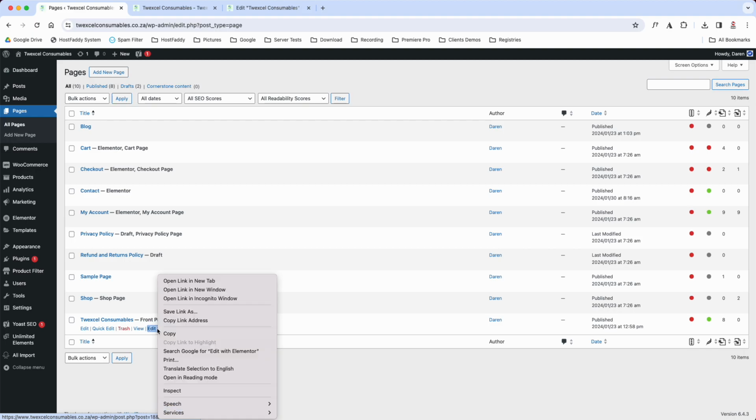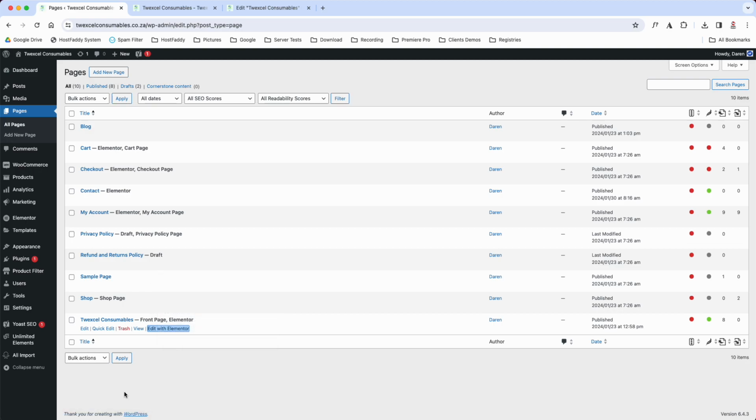with Elementor, which I would always advise to right click and then open link in a new tab, because once you click that, it will actually remove you from the WordPress dashboard, so it's hard to go back, especially when you want to navigate to different sections on the website. So, or the other way, you can go click edit